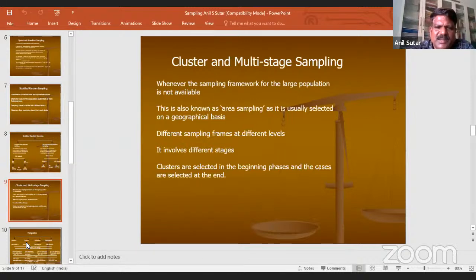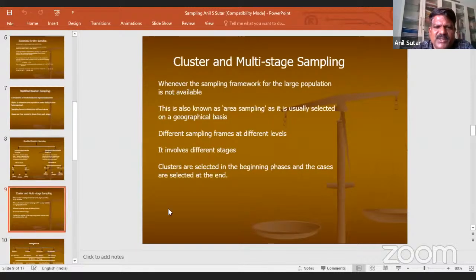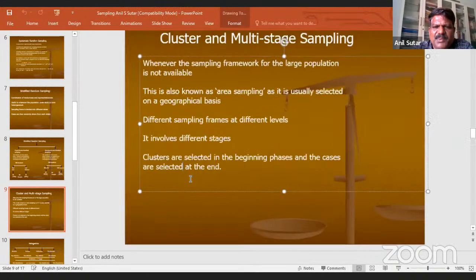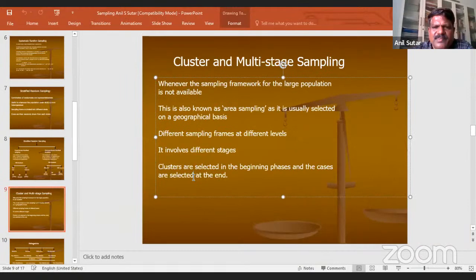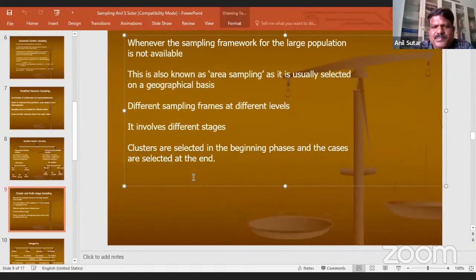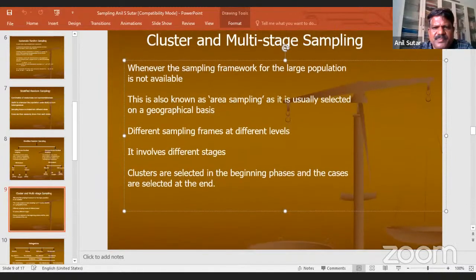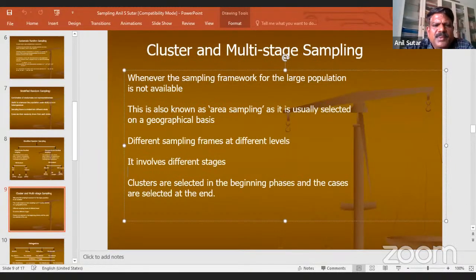This method is quite useful when you are dealing with a large population and the sampling frame is not available. I will give an illustration.